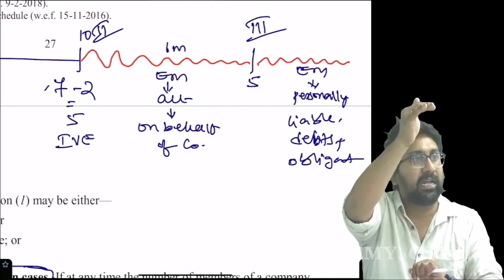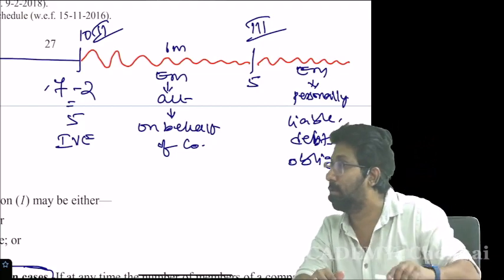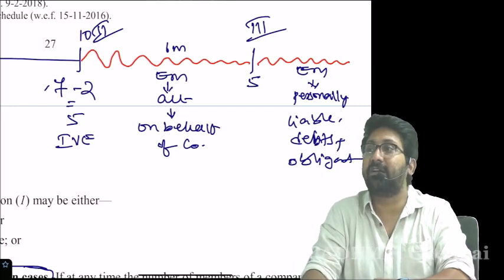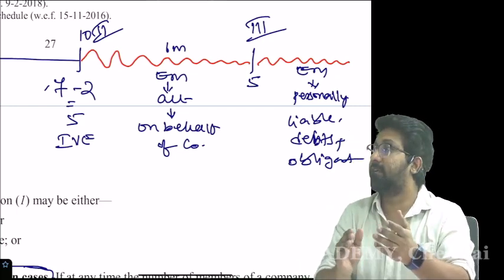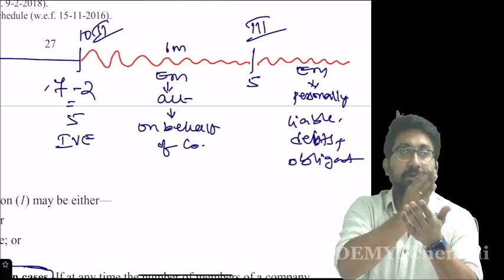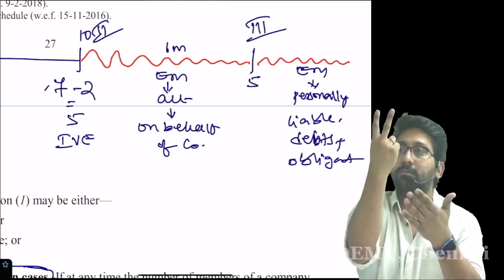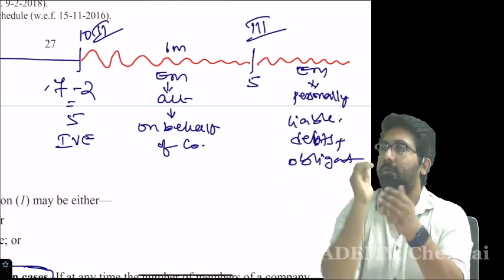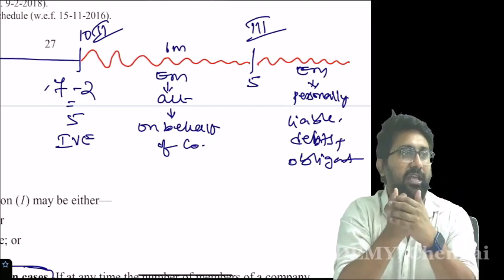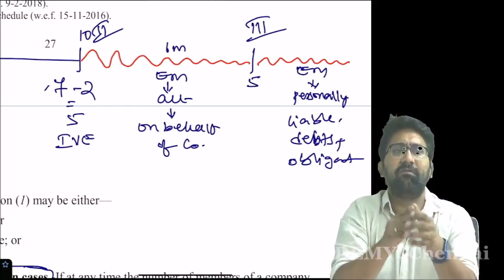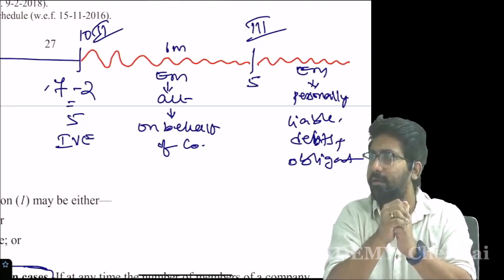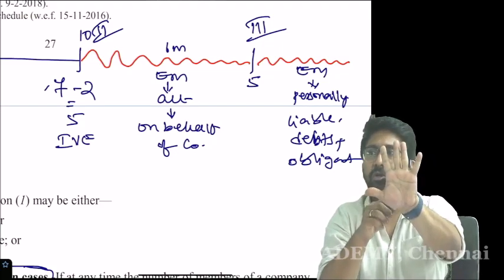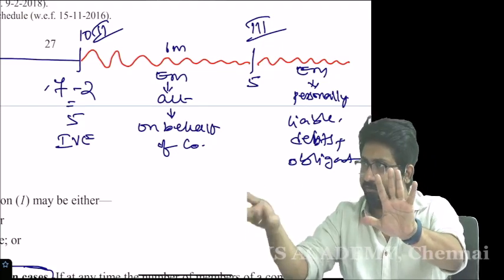But if the number has fallen below the minimum, for example, I started something as a public company. The number should be 7, but it came down to 5. Did it increase or not? It did not increase. How many months have been completed? 6 months. Valid entity or invalid entity? Now tell me, how many members are there? 5. What are they doing?